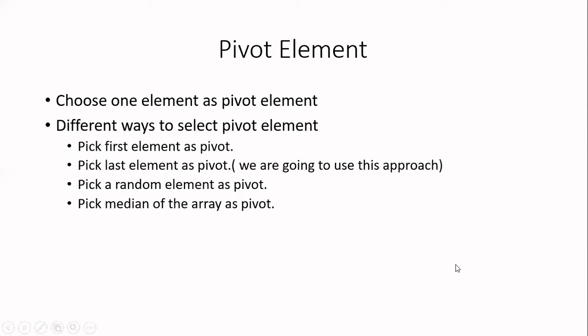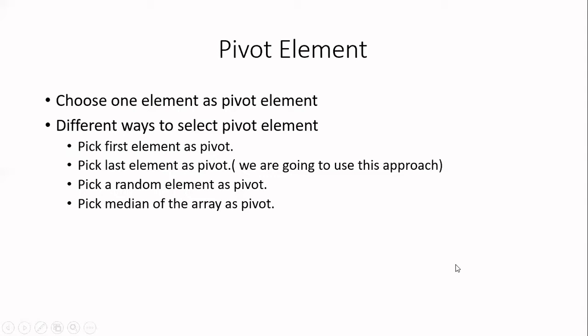Here we are going to follow an approach known as the partitioning approach. What is partitioning? I told you that it is a divide and conquer technique. That is, if one problem is given to you, you will divide that problem into sub-problems. That division is known as partitioning. Here the array will be given to you, and you have to partition the array into two sub-arrays with respect to the pivot element. Based upon the pivot element only, you are going to partition the array into two sub-arrays.